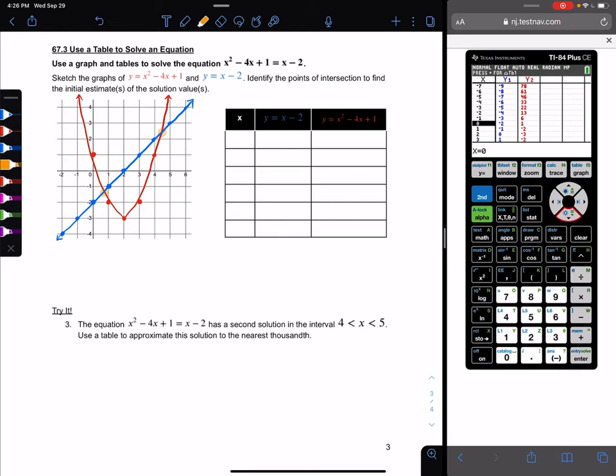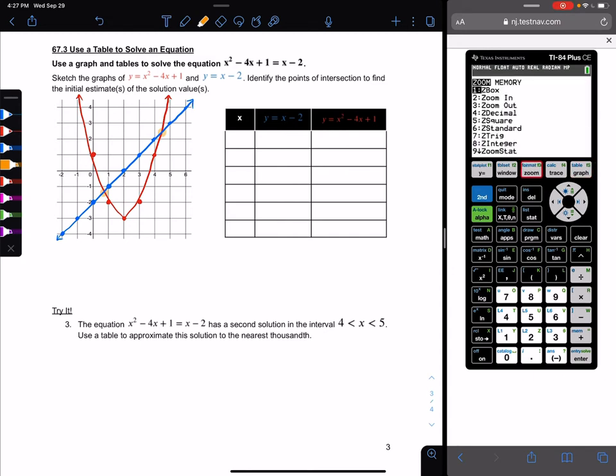To make sure that your graph is accurate, do yourself a favor and just hit the graph button. Remember, this window is the window that we used for the last problem, so this isn't helping us. One of the best things you can learn how to do is change your window. In this case, I'm actually going to hit zoom, and